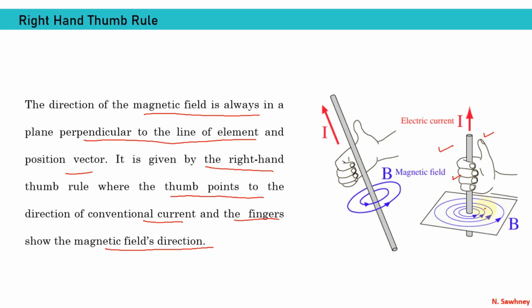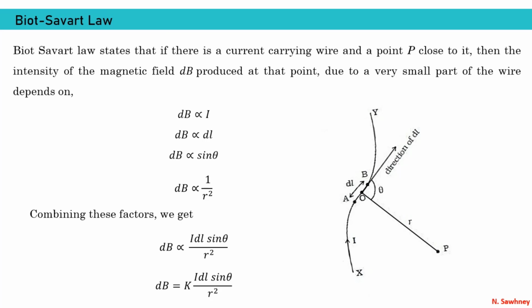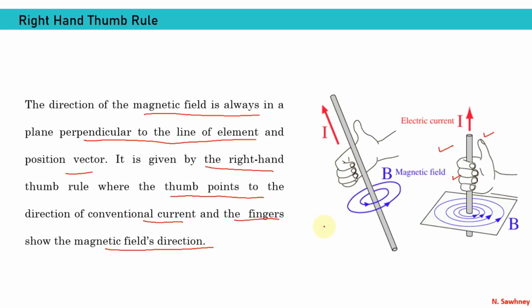So here in our figure, when we have explained the Biot-Savart law, the direction of the magnetic field line at point P is inwards, that is into the paper. So the magnetic field lines in the Biot-Savart law are inwards at point P, and inwards, that is into the paper, is represented by a cross symbol, and if the magnetic field lines are coming out, it will be represented by a dot.